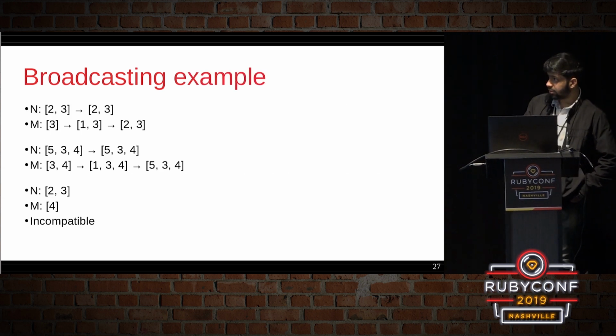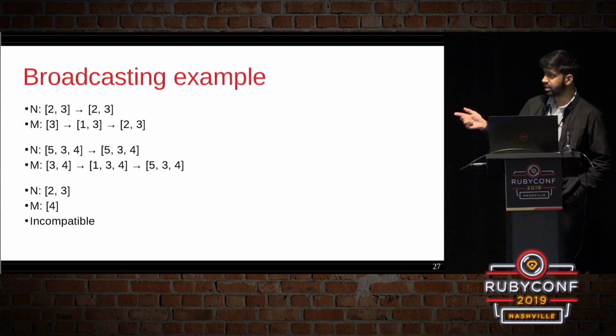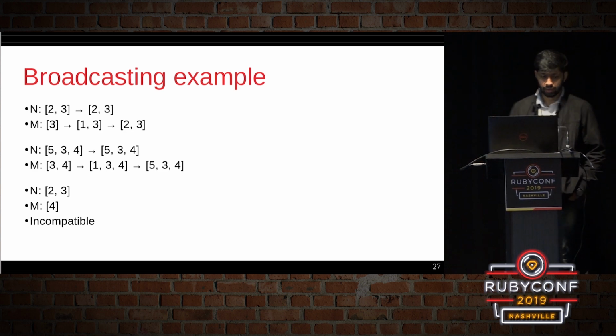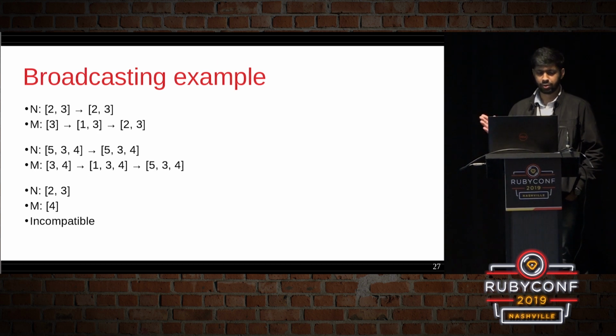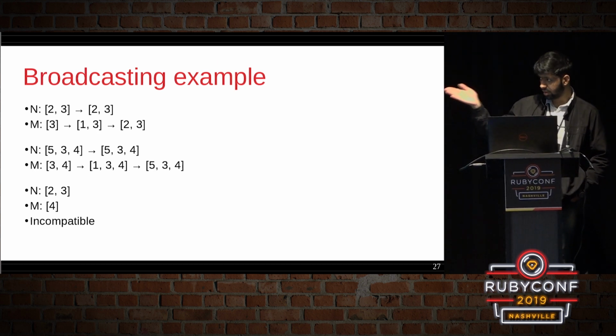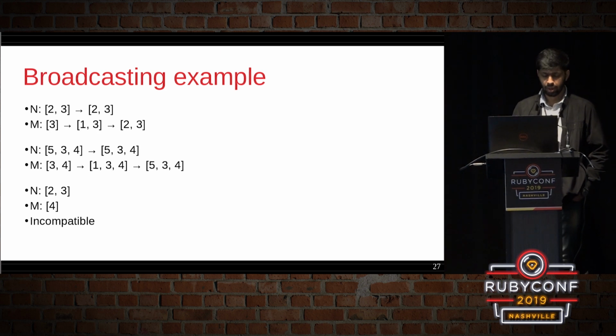So here's an example of which two arrays are compatible using broadcasting, and which are not. The first one is a 2D matrix with 2 rows and 3 columns, and then a one-dimensional array of length 3. For broadcasting, first you take the smaller shape, which is the lower one, and prepend it with ones until they become equal. So we'll prepend just 1 here. They'll become 2, 3, and 1, 3.